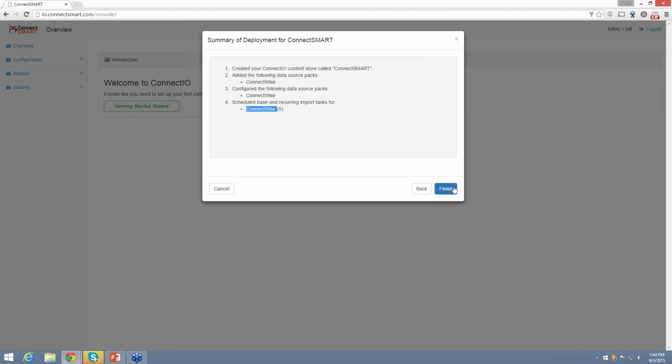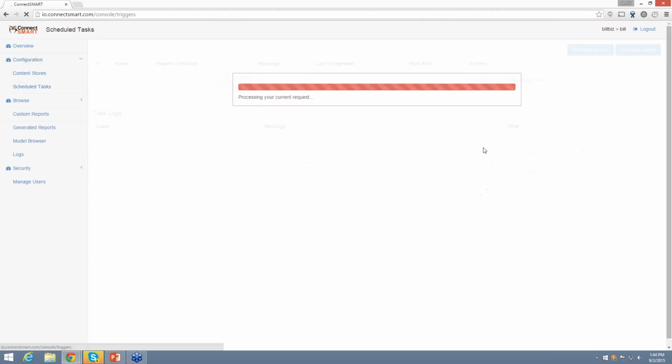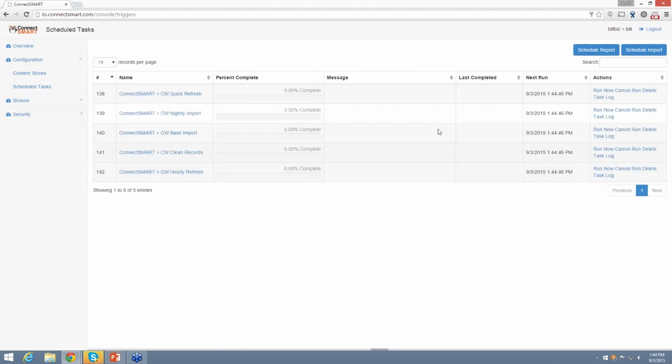doing data import. So if we hit finish, we can see now the welcome screen here has changed up a little bit. We get some quick links. We can see over here that we now have tasks in the queue to start importing data. If you navigate over to the scheduled tasks page over here, you can see all those tasks are ready to